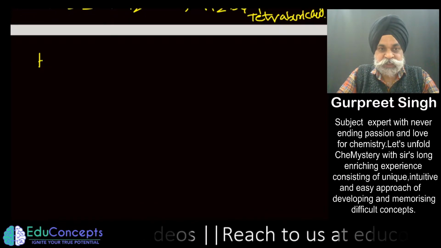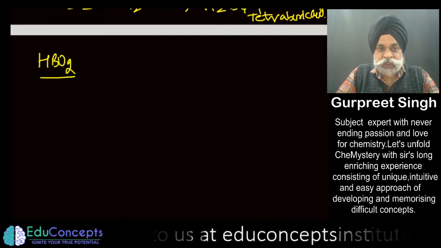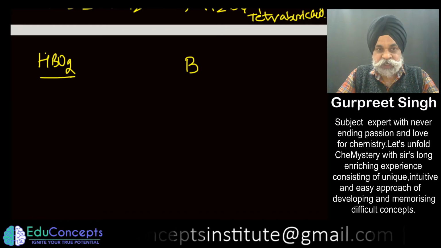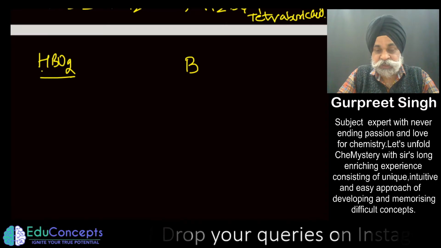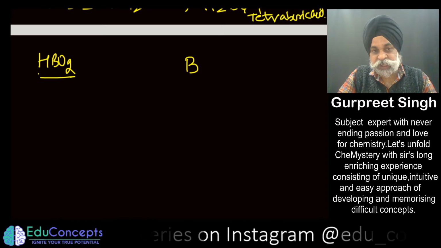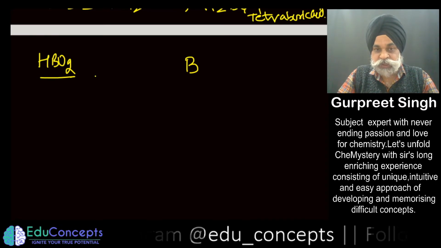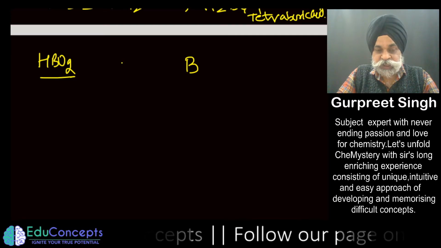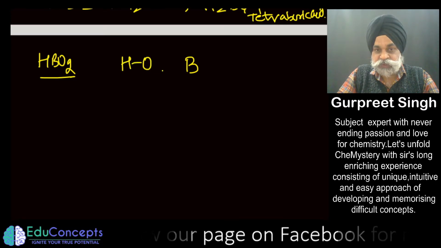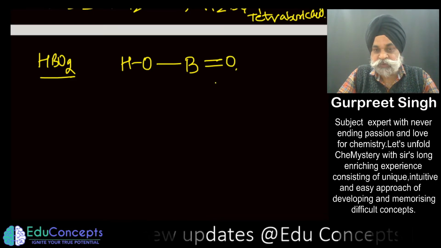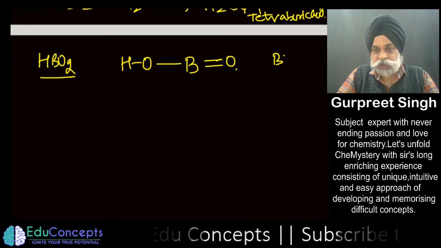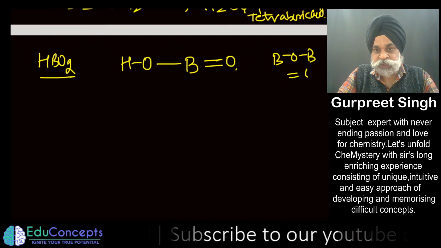So first is HBO2. Here you have one boron, and because it is metaboric acid, whatever hydrogen atoms are there are joined through the oxygen to boron, because hydrogen in itself is monovalent, so it is going to join with this one, and here you have this one. So here you don't have a BOB bond, so BOB bonds in this are 0.